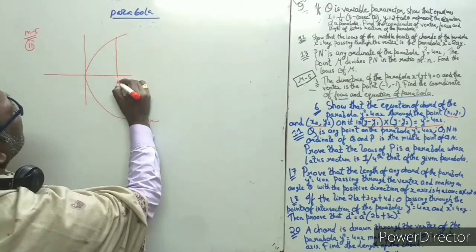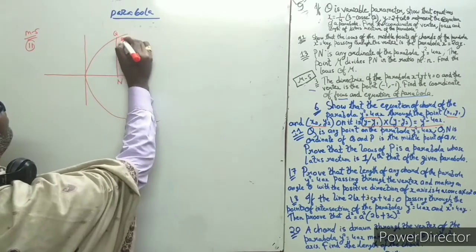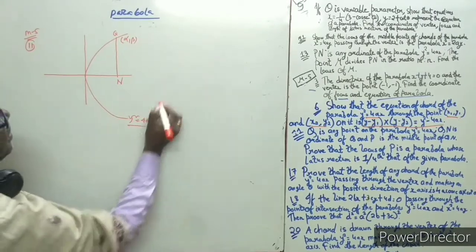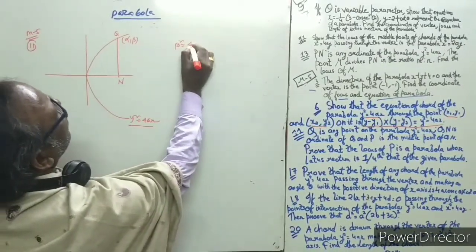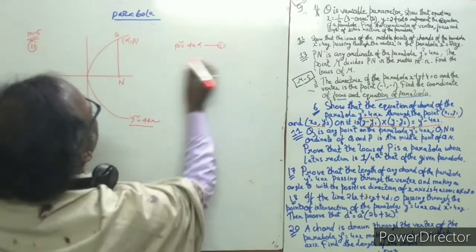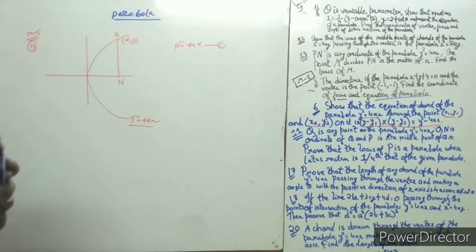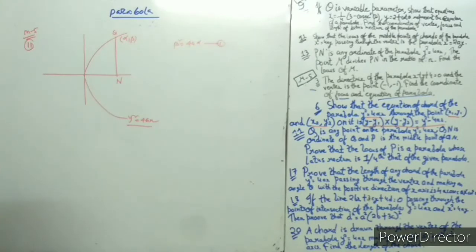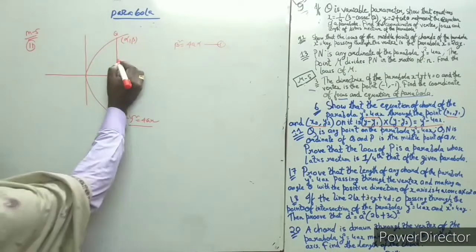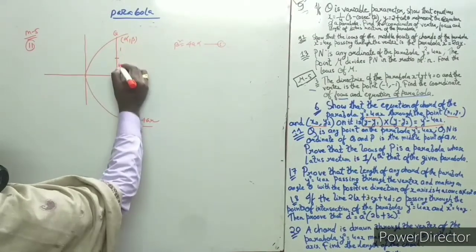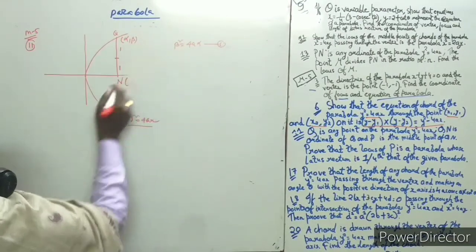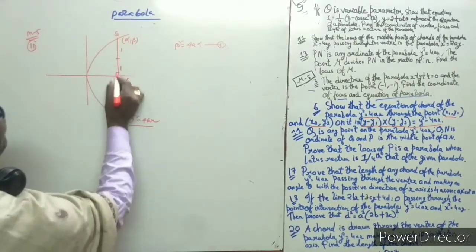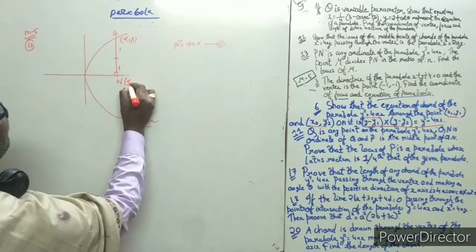this Q. Let Q be alpha comma beta, and it satisfies this equation, then we get beta square equal to 4a alpha. This is number 1. Let us assume the coordinates on the parabola. P is the middle point of Qn. This is the middle point of Qn, so this is divided by 1:1. If this is the ordinate, this is a perpendicular line, so the foot of the normal of this perpendicular line is alpha comma 0 here.